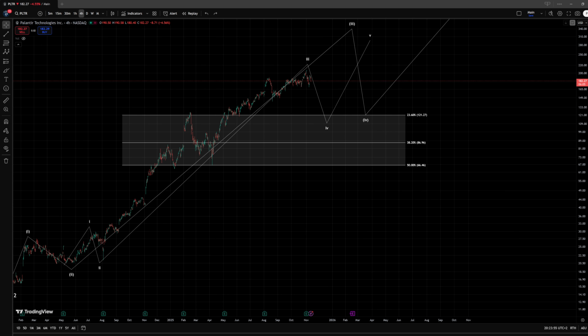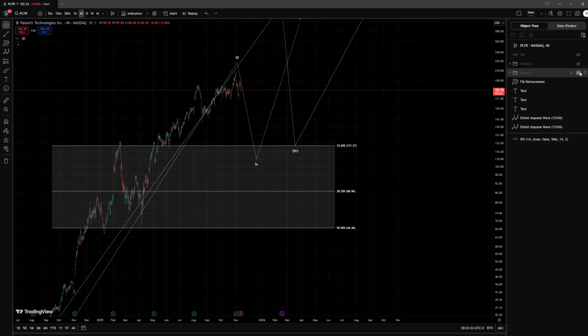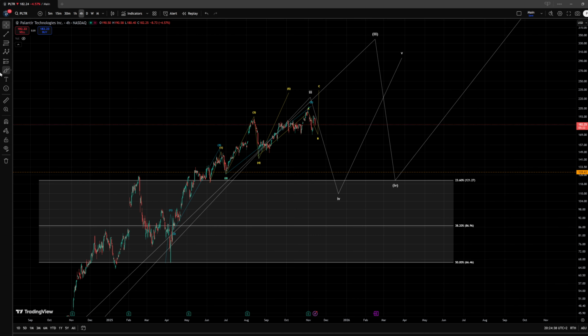Now, within this latest movement to the upside, we have been tracking a few ideas of how it could have unfolded, especially this pattern here within the wave 5 of the larger wave 3. And it is quite a difficult structure to actually be tracking, but what we have been working with here has been the idea of a possible ending diagonal. Now, within the blue scenario, we have the likely top formed where we have a 1, 2, 3, 4, 5,